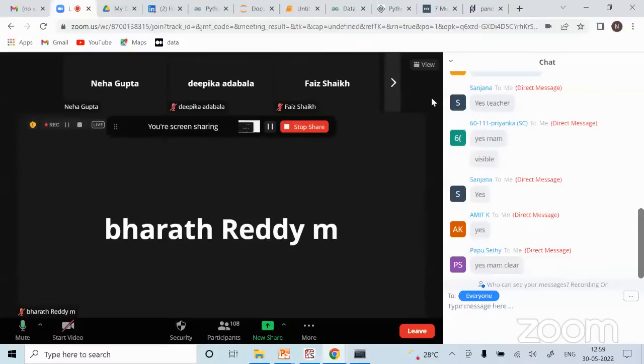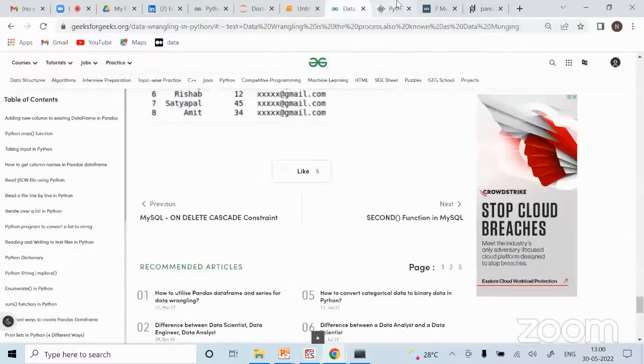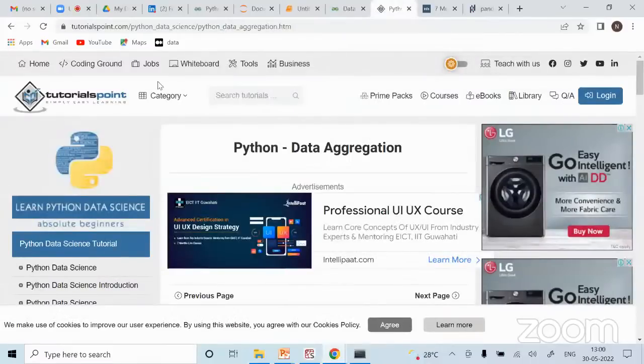Now if you know what you have to do, you will already search for the syntax. There is no problem of learning the syntax, right? There is Google search available for that, plenty of data and resources available. I have already shared the tutorials with you, whatever I'm showing you. So all those syntax are there. Okay, cool. So if nothing much, then let's move on to the same data wrangling operations.